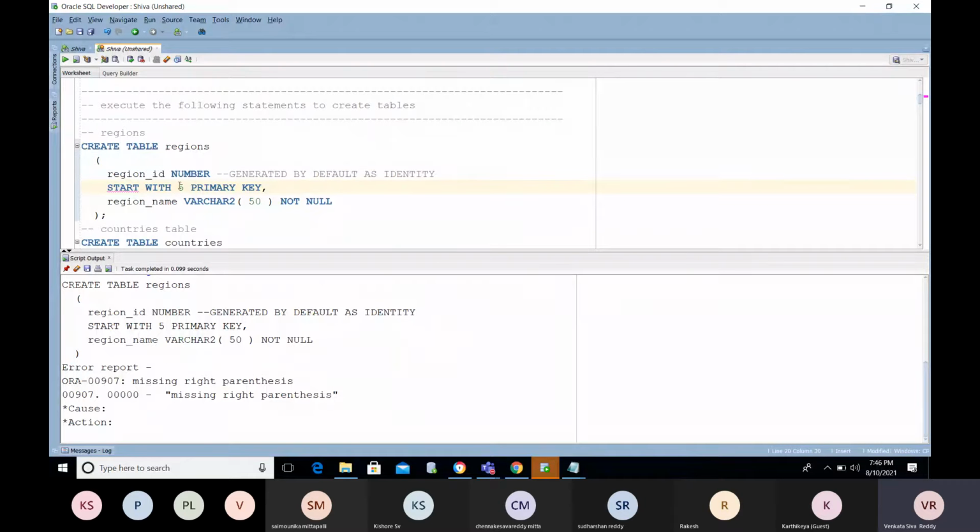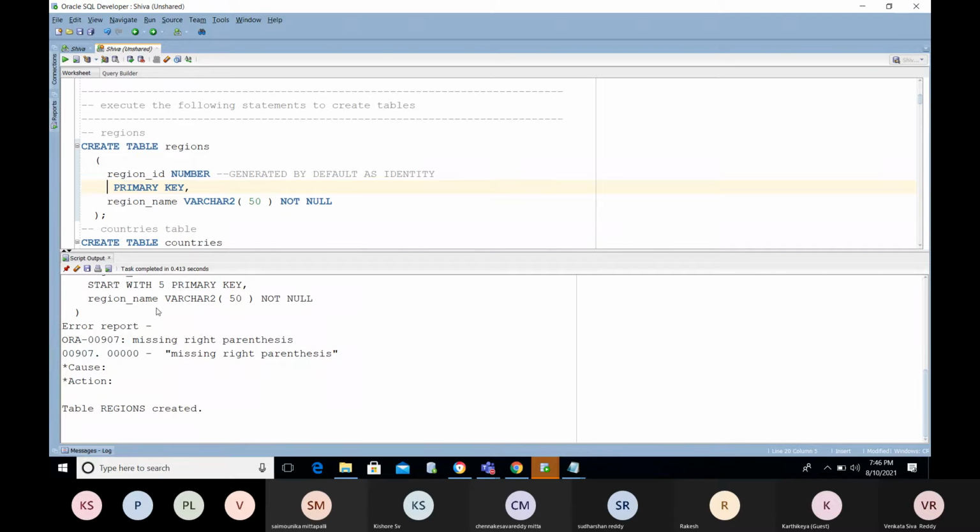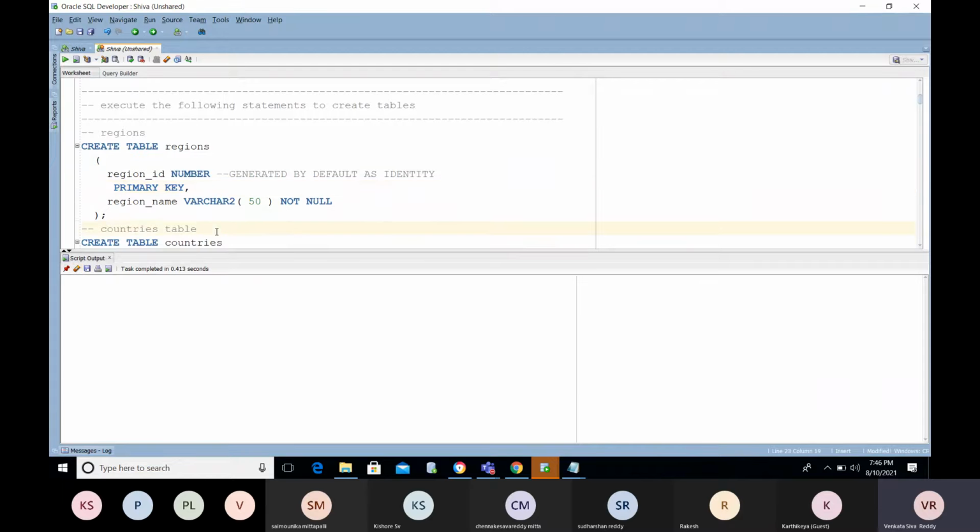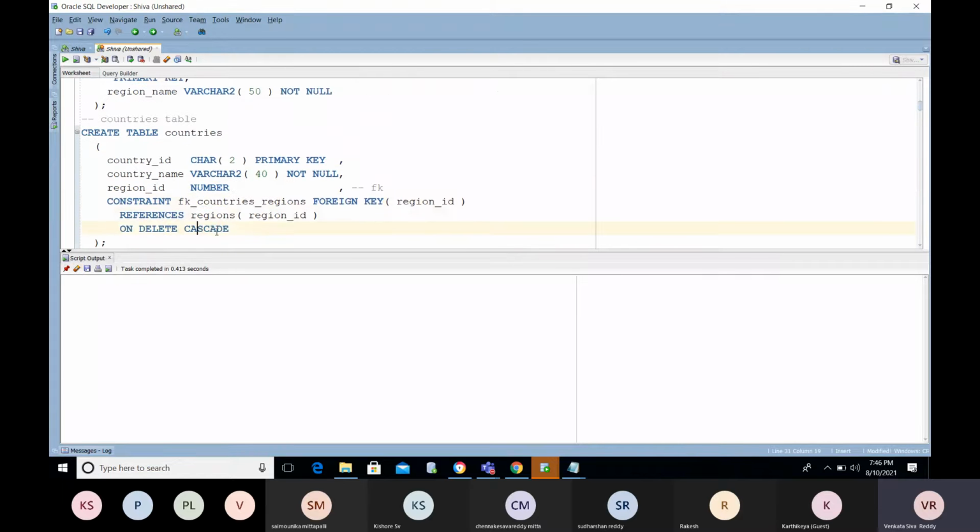I need to mention it. Okay, the regions table is created now, and I'm going to create the country table.